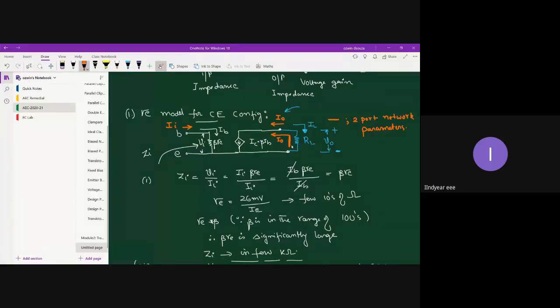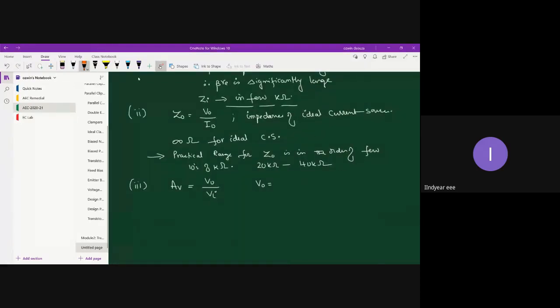So your actual output voltage due to I naught appears in flipped manner. That means the voltage across RL for the direction of I naught is opposite to that of the V naught convention, right? So what I can write over here is that V naught is equal to minus I naught into